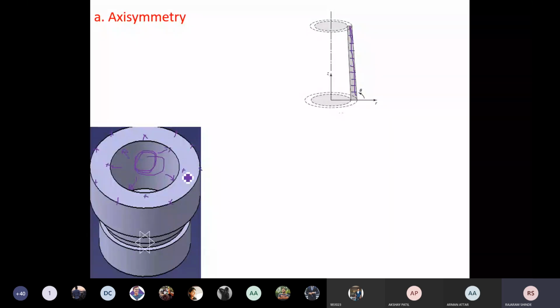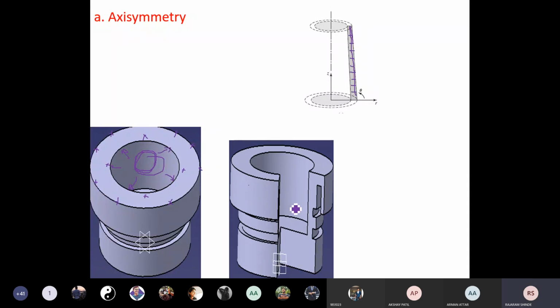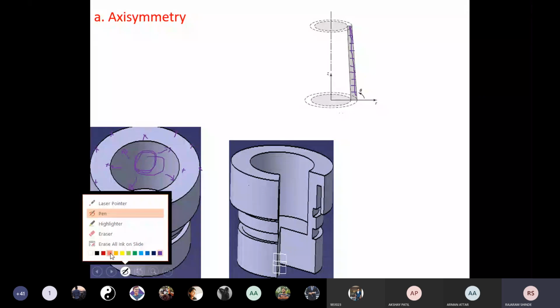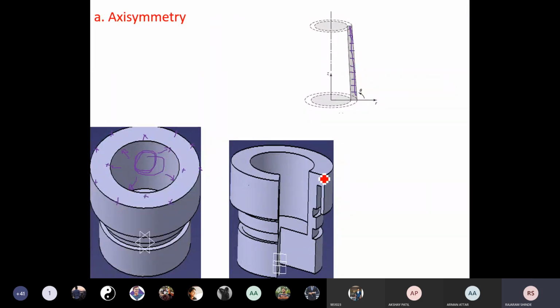Now in this situation, how can we reduce the size of the problem? That I will explain. See here, this is a 3-dimensional domain. It is not necessary to model the 3-dimensional domain. Here you can model it with a 2-dimensional domain. How can we model it with the 2-dimensional domain? I will take this part. See here, in this situation, only this surface which is visible here can be meshed. I will show you this. You see this one.